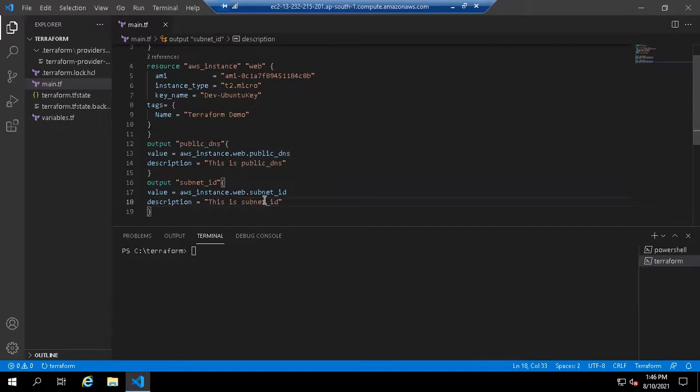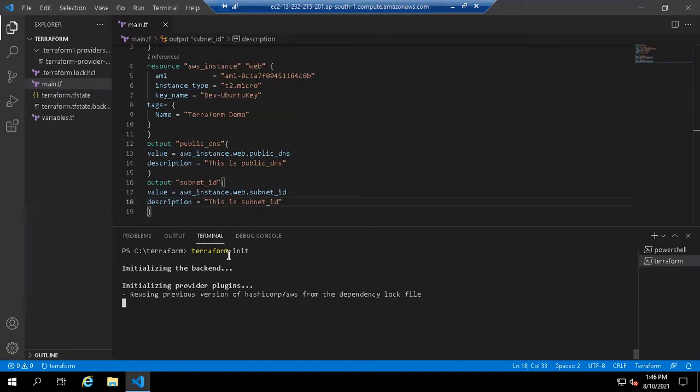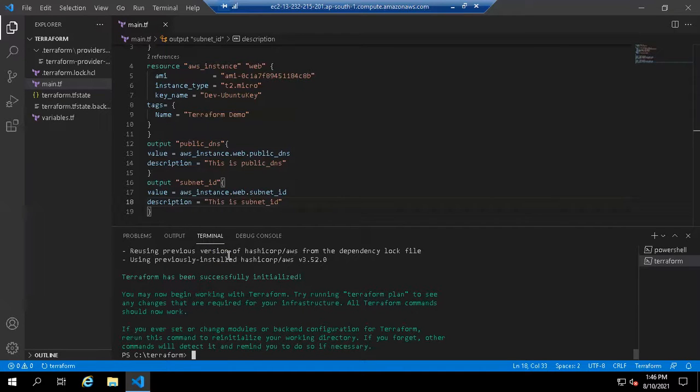So save the files and open a new terminal and run the command terraform init. Then terraform plan.